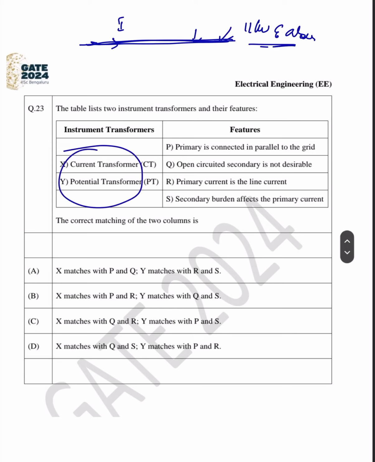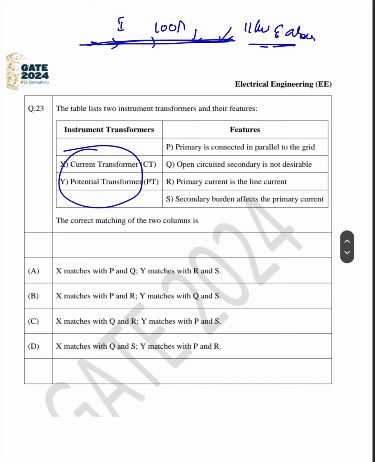See, let this is 1000 amperes, or 100 amperes. We cannot measure 100 amperes by putting an instrument in the line. It's impossible. Suppose maybe 1000 amperes, can't measure by using the instrument because the instrument is very sensitive. We cannot design that instrument for 1000 amperes. So we must do